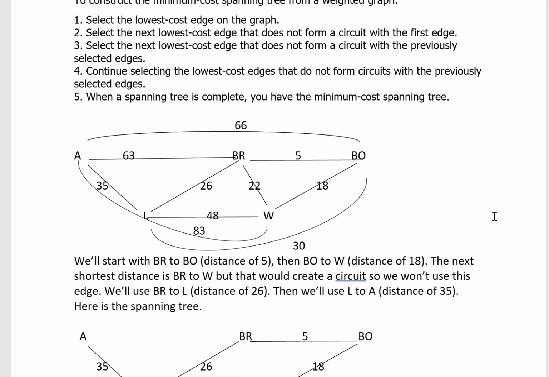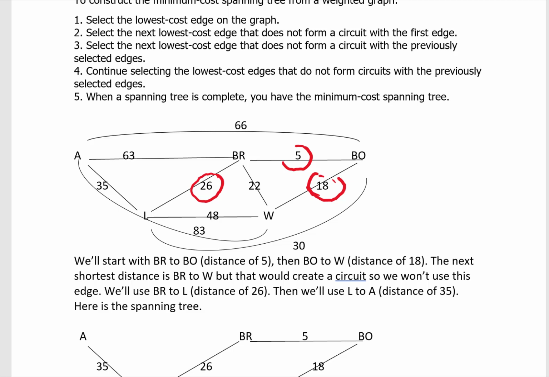And if we notice, the shortest distance here is 5 between Blowing Rock and Boone. So we're going to keep that. And then the next shortest distance is 18, which is between Boone and West Jefferson. The next shortest distance would be between Blowing Rock and West Jefferson, but that would create a circuit right here, and I don't want to do that, so I'm not going to include that portion because that would not accomplish what I want to do. So I'm going to skip that one and go to the next shortest distance, which is Blowing Rock to